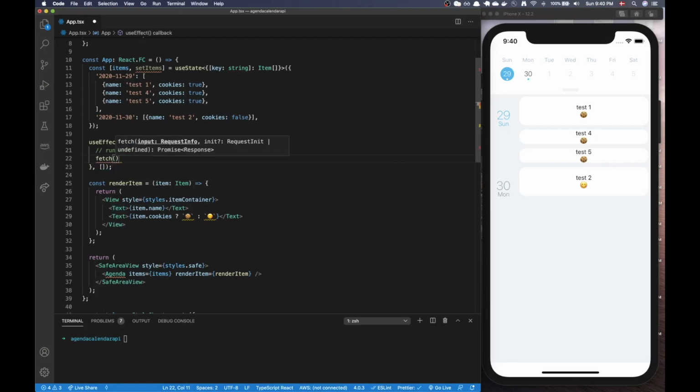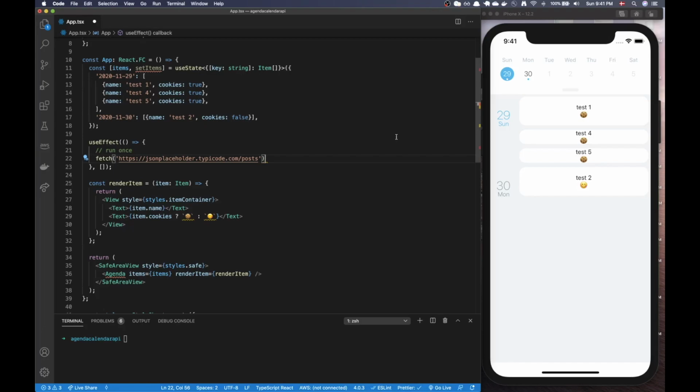So all I have to do is just say fetch and then put in the URL of the API I'm pinging. And I'm going to be pinging a very common API, one that's public and also used in other tutorials, which is going to be the jsonplaceholder.typicode.com library, and I'm pinging the /posts endpoint. Okay,